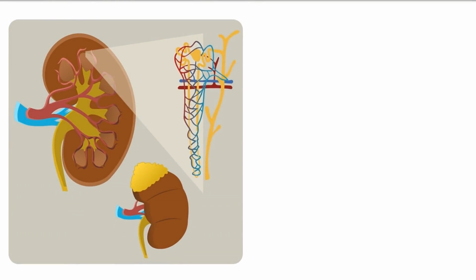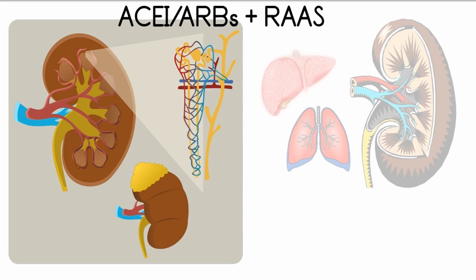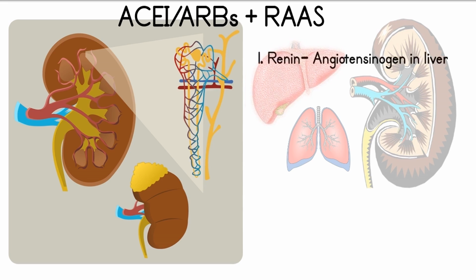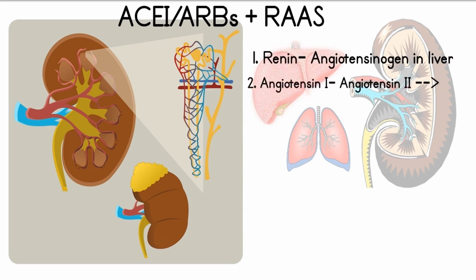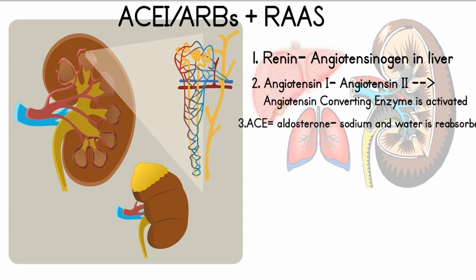Renin converts angiotensinogen in the liver, which then converts into angiotensin 1 and angiotensin 2. The angiotensin converting enzyme is now activated in the lungs and kidneys. ACE inhibitors at this point block the conversion between angiotensin 1 to angiotensin 2, thus preventing vessel constriction and increasing